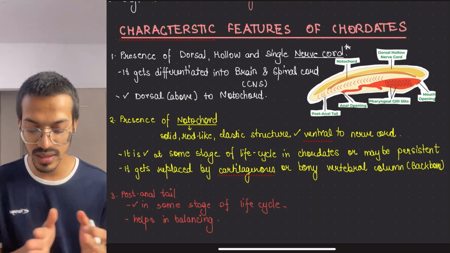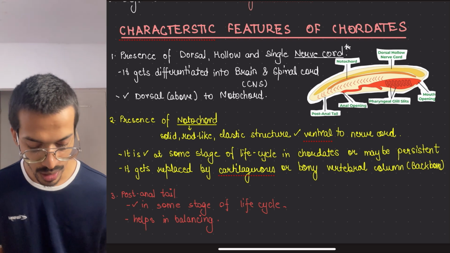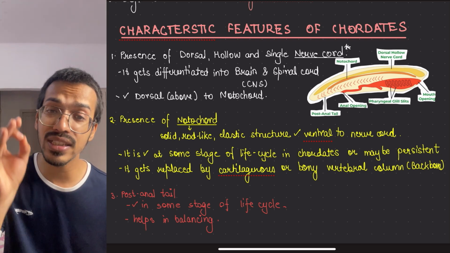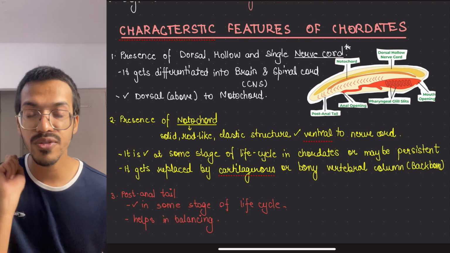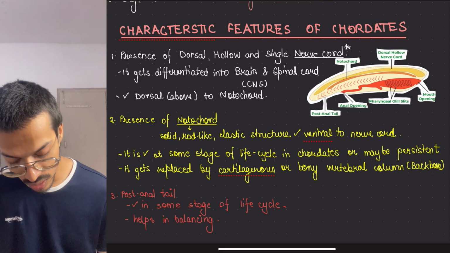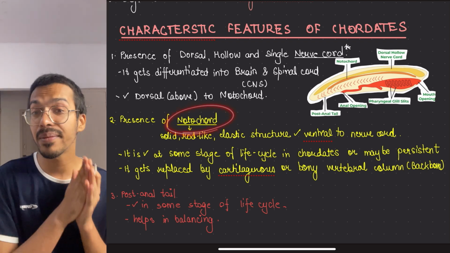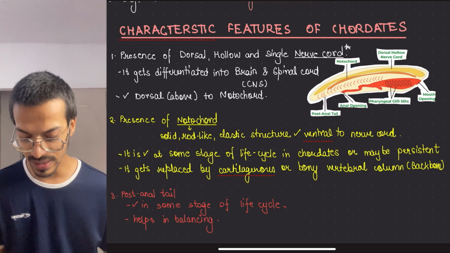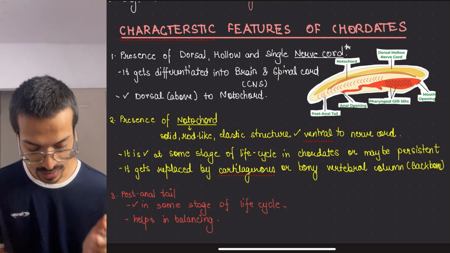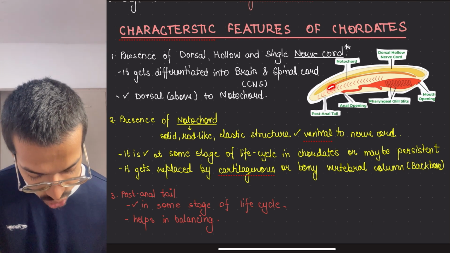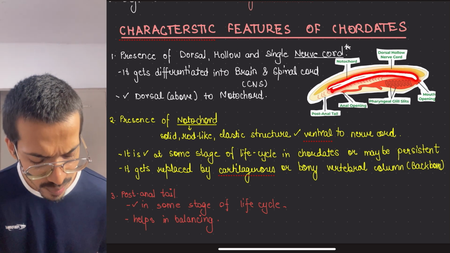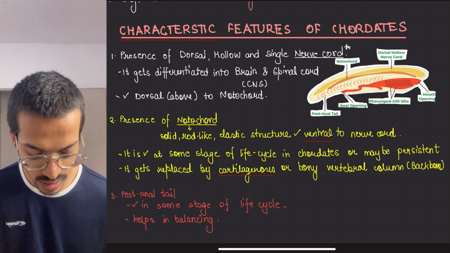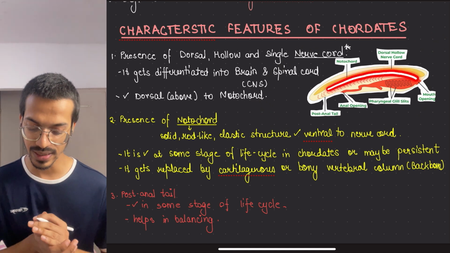The next thing, what is the characteristic feature of the chordates? There are 4 different features, and this will be your question. First feature is what? Presence of a notochord. Why I am talking about the notochord first, I will tell you. Where is this notochord present? If you see over here, this orange color thing is a rough plan of the chordates. This is the notochord present.